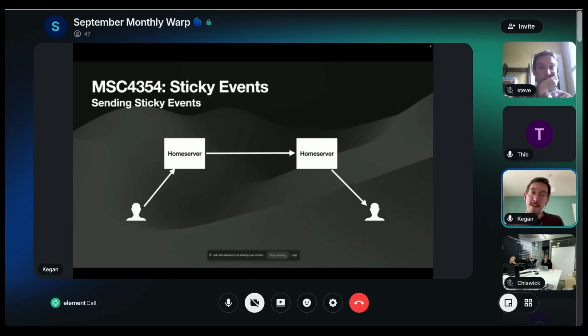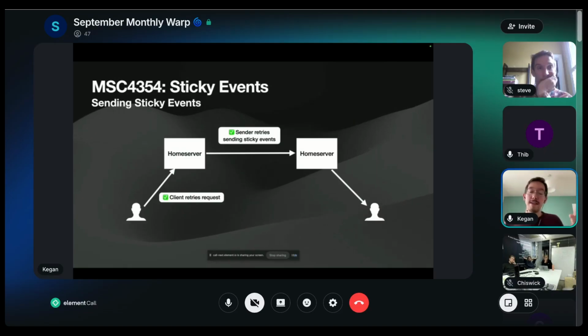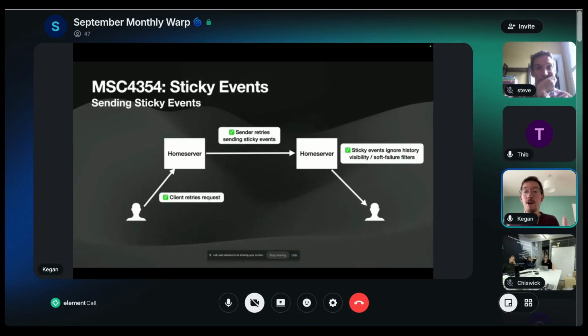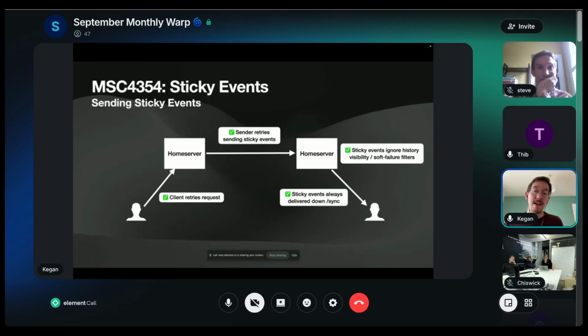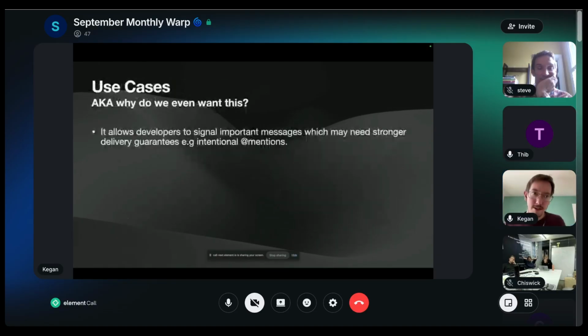So the differences here now with sticky events is, again, clients will send the requests and they will retry their requests. Over federation, the sending home server will retry sending sticky events if the other side has not acknowledged it for the duration that it remains sticky, which is a maximum of 1 hour. The home server doesn't apply those additional filters to sticky events, and then down /sync, they always get delivered. There's a special section in the sync response specifically for sticky events, in addition to the